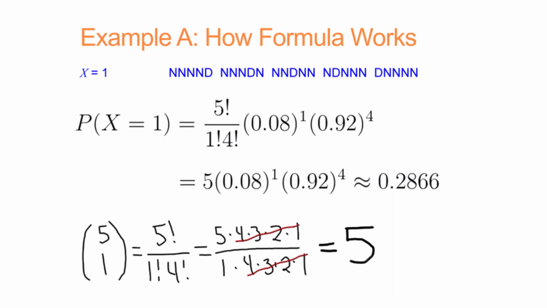When I do this by hand, I will write out the numerator as 5 times 4 times 3 times 2 times 1, then write out my denominator as 1 times 4 times 3 times 2 times 1, and cancel what I can,